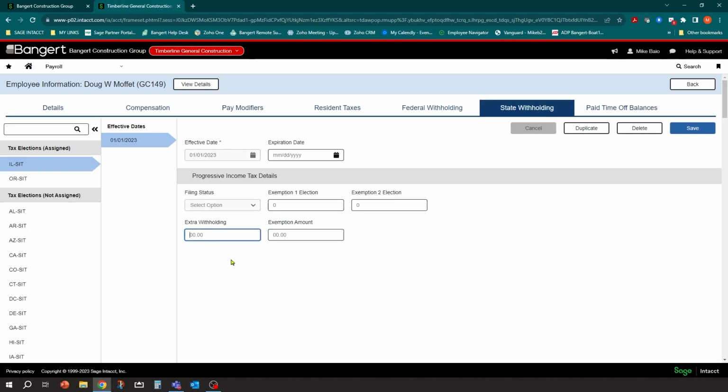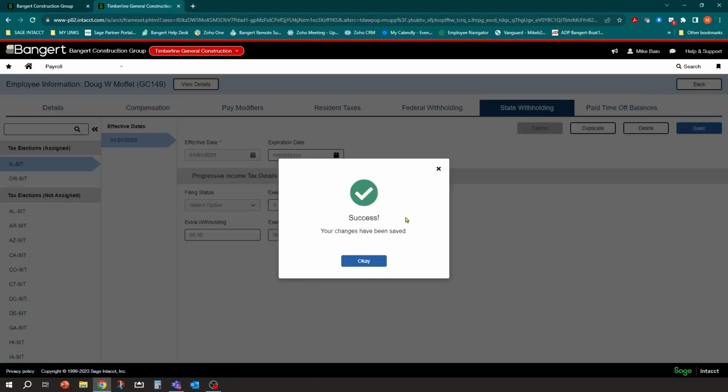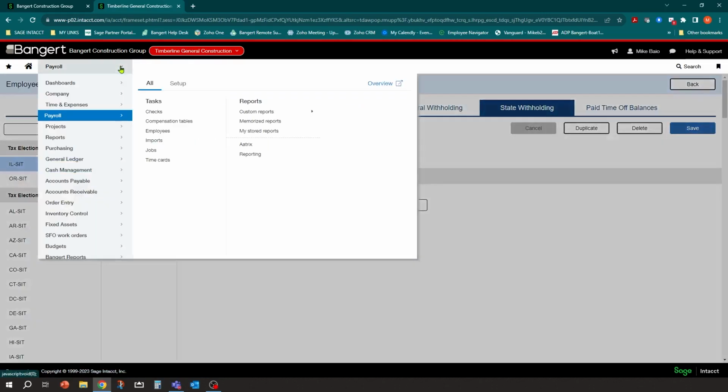If you need to make some adjustments on taxes, some negative adjustments, what you can do is actually make a copy of one of the taxes that you're trying to adjust, and you could put it in as a flat tax and make the adjustment that way as well. But let's go back here. Let's save that. And now let's go back into the employee, into the check screen. So we'll go to payroll checks.